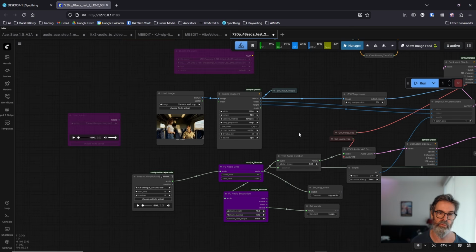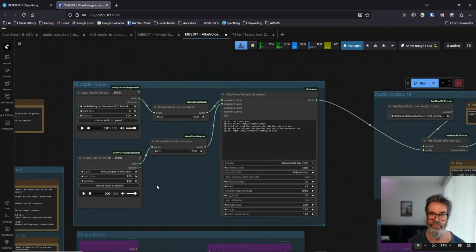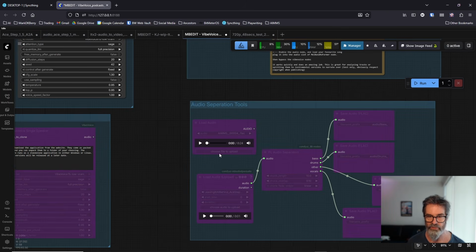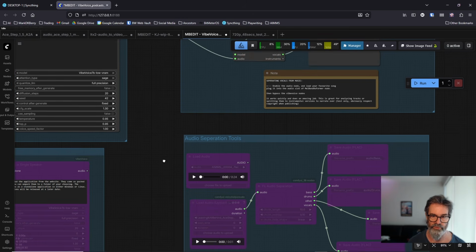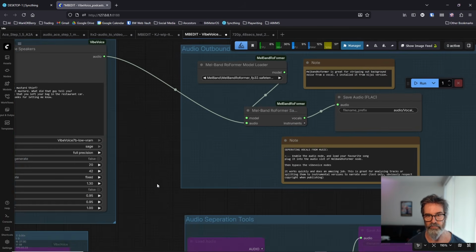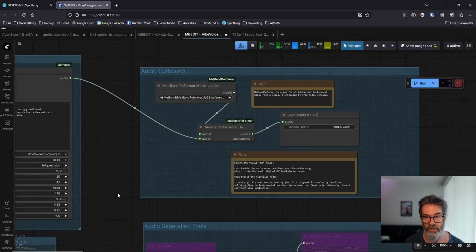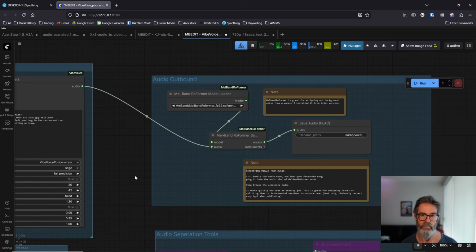So I will share the VibeVoice workflow with the multi-voices, which also now has audio separation tools thrown in there, if you have music you want to chop up. A step I've been looking at, it's fantastic. The turbo version, it's got potential that I'm definitely going to use because it's so much quicker to rip off a music theme, make it